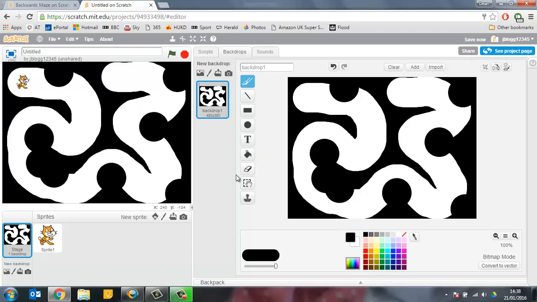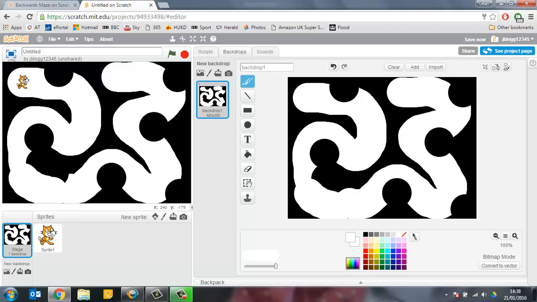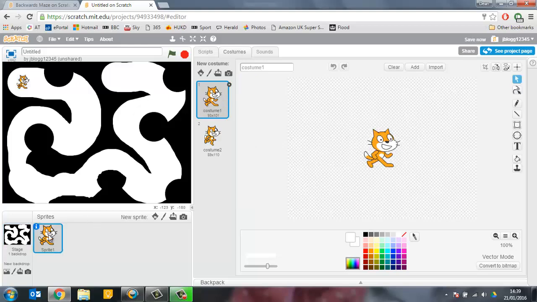Might be slightly too thin down here. I may have to make my cat smaller, or what I'll probably do is just widen out that part of the maze there. Okay, you can spend a bit of time doing this just to make it a playable game. So once you've got something like this, making sure that there's nothing that's going to be too thin so that your cat can't fit through, what we're going to do is click back onto Sprite 1 and make sure that Costumes is selected by